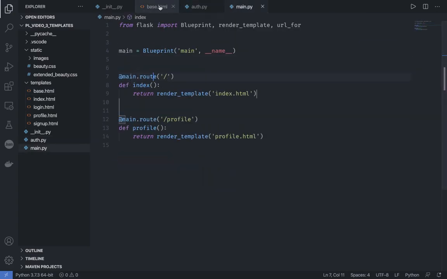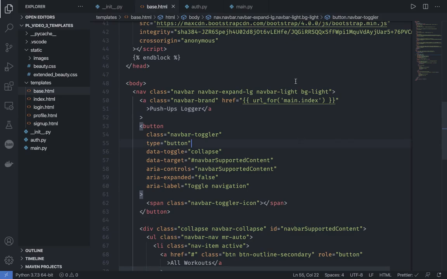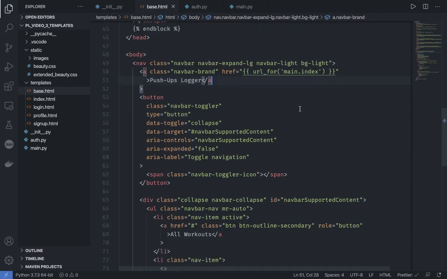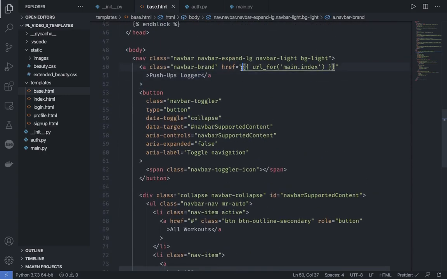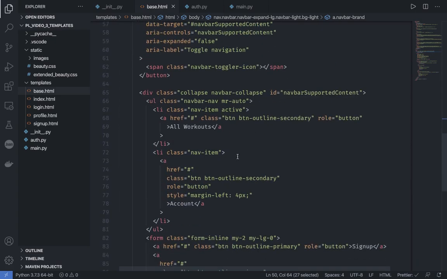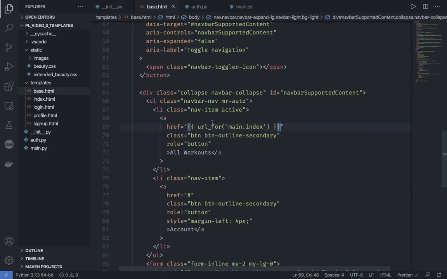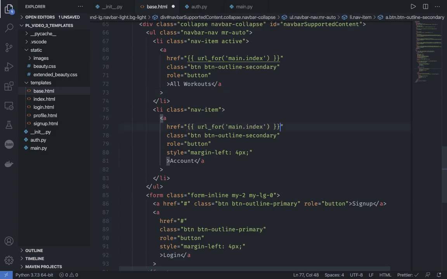So it's very easy to now keep track of all the routes. So we have a main blueprint inside which we have index. Similarly, we want to go to all workouts. So all workouts is also under the main page, which we'll be adding in a bit. It will be having all workouts, but let's just give it index for now because we haven't made this yet. Then we have the account, which is going to be the profile. So main.profile,